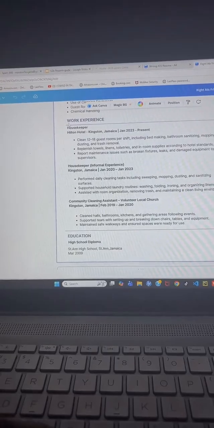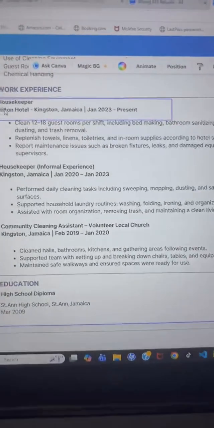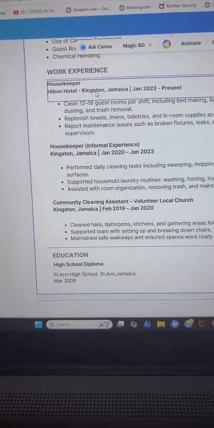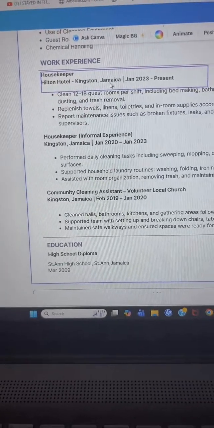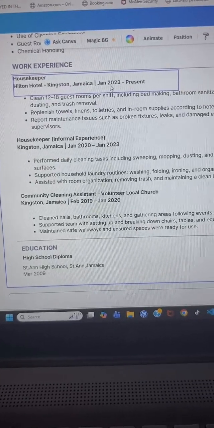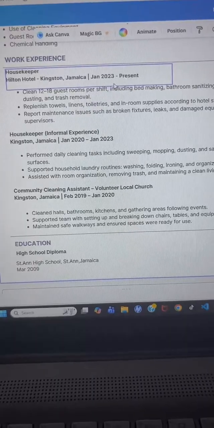Ensure that you're putting the job position first, then the company name, then the city and country where the company is, and then the month and the year.